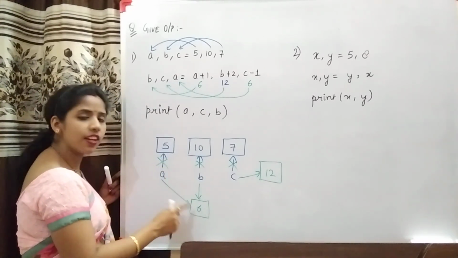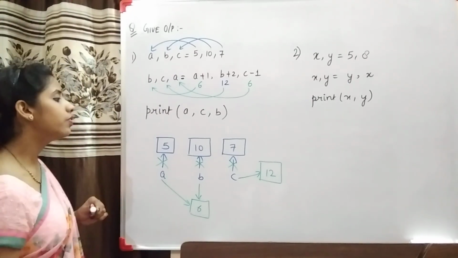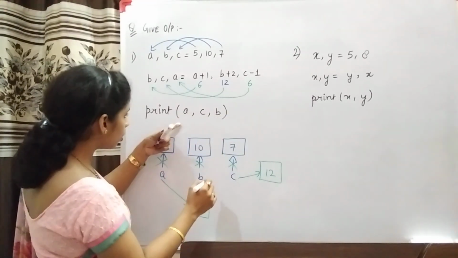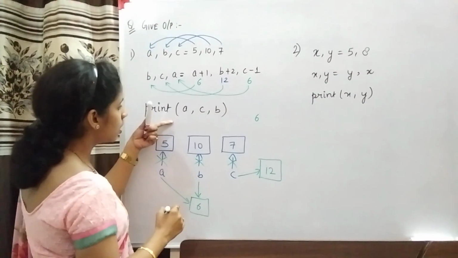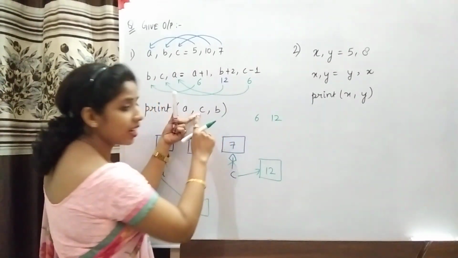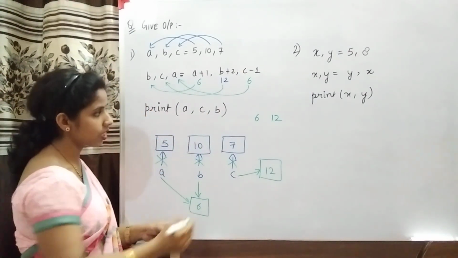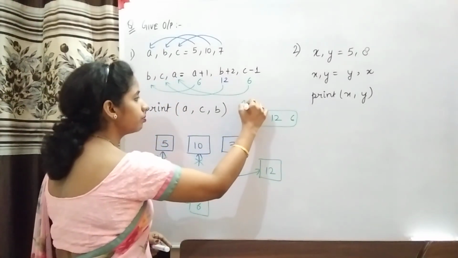मतलब a भी इसी वाले 6 को यूटिलाइज कर लेगा because both are having the same value. Now see the output. प्रिंट a कॉमा c कॉमा b. तो a की वैल्यू क्या है? 6. आउटपुट विल कम 6. देन c की वैल्यू क्या है? 12. 12 विल बी प्रिंटेड. पहले हमने c प्रिंट किया. आफ्टर दिस व्हाट इज द वैल्यू ऑफ b? 6. सो दिस इज योर आउटपुट.